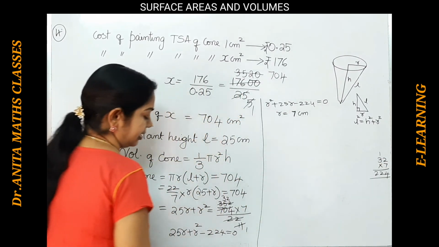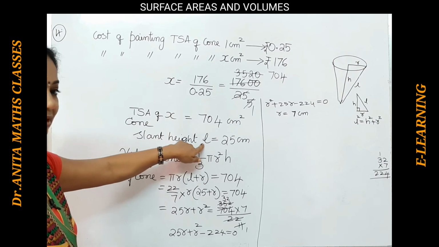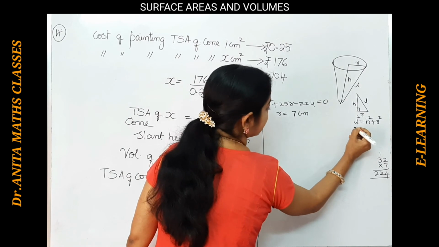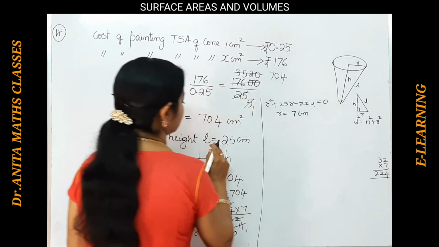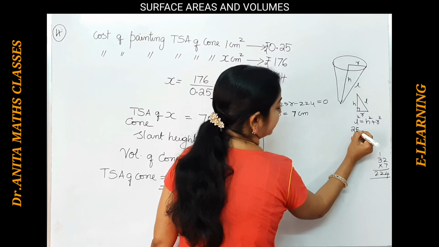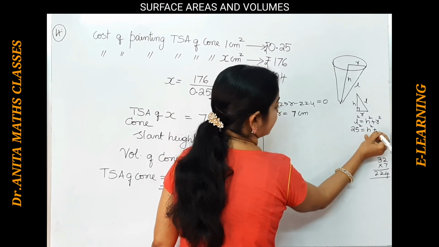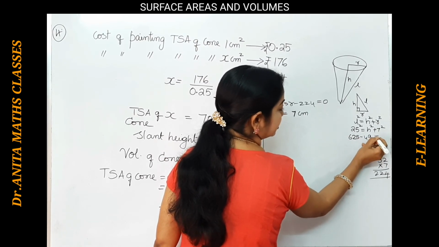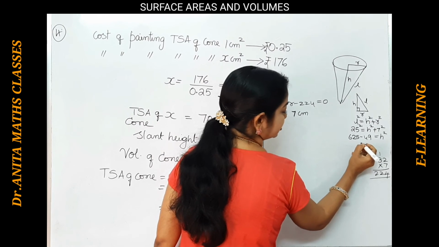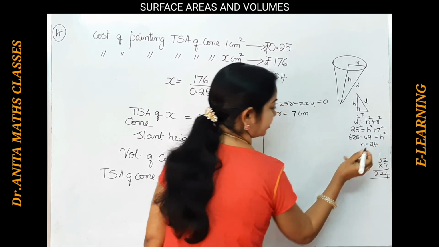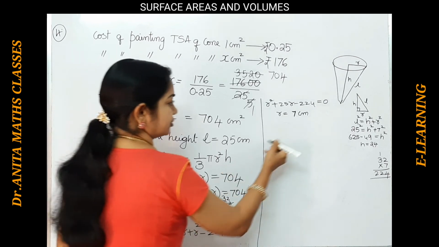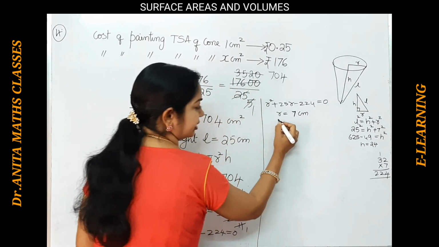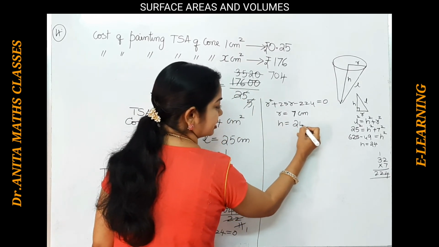Do that in the rough part. Now after getting r and L, we will find out h, because for volume we want h. Okay, how do we find h? So this L is given as 25. 25 square is equal to h square plus r, which is 7 square. So this is 625 minus 49 is equal to h square. So h square is 576, so h we get as 24. Also with the Pythagorean triplet 25, 7 and 24, likewise also you can find out. So we got h as 24 centimeters.